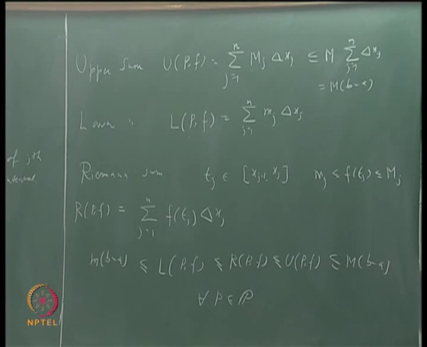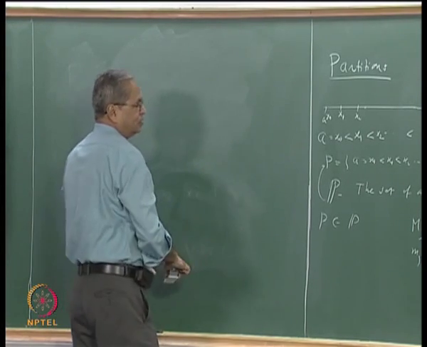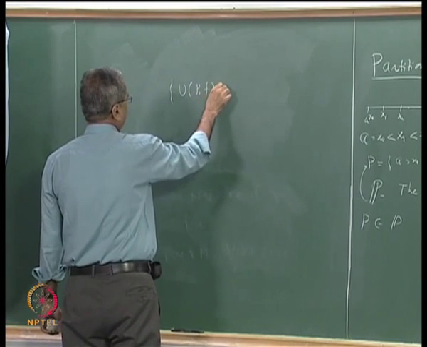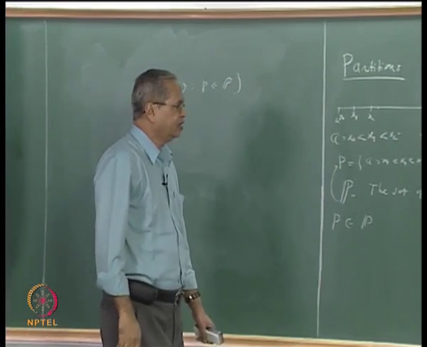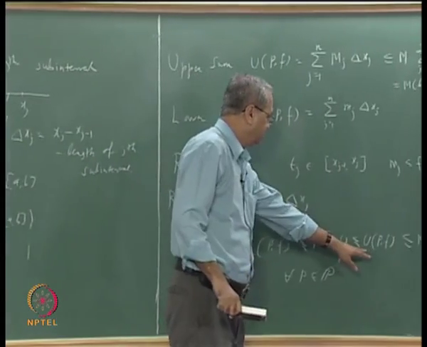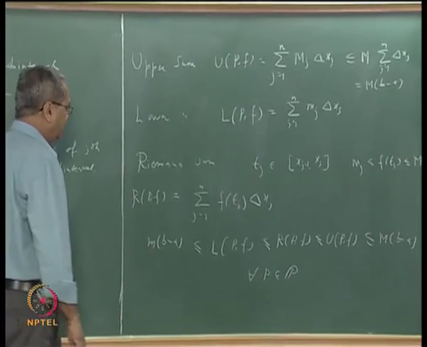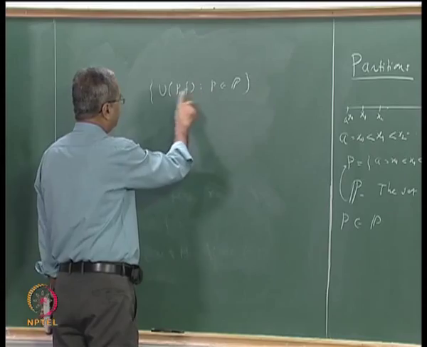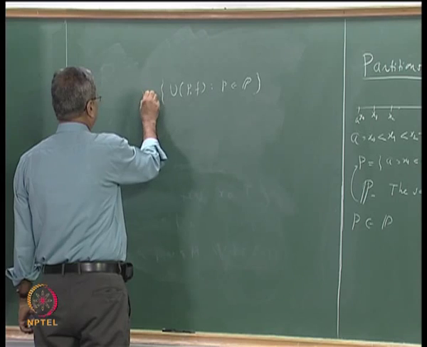Next what we do is we look at all these upper sums. So look at this set, that is the set of all U(P,f) where P belongs to script P. That is, take all possible partitions and take upper sums corresponding to those partitions. Then we know that every upper sum is bounded below by this number small m into b minus a. So we can take the infimum of all these upper sums. These are all numbers, for each partition you get a different number here, and this set is bounded below, so we can think of its infimum, okay.